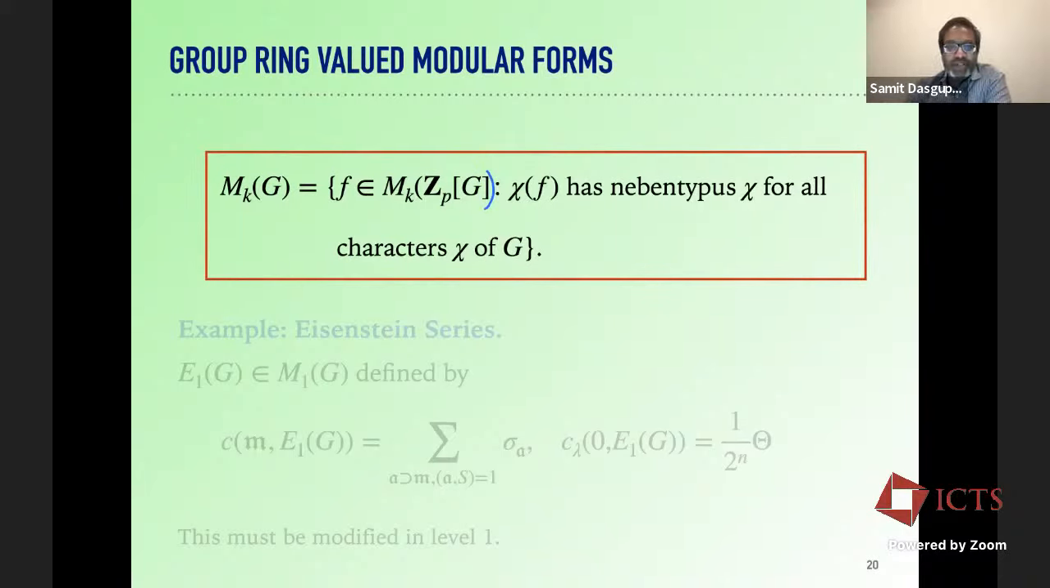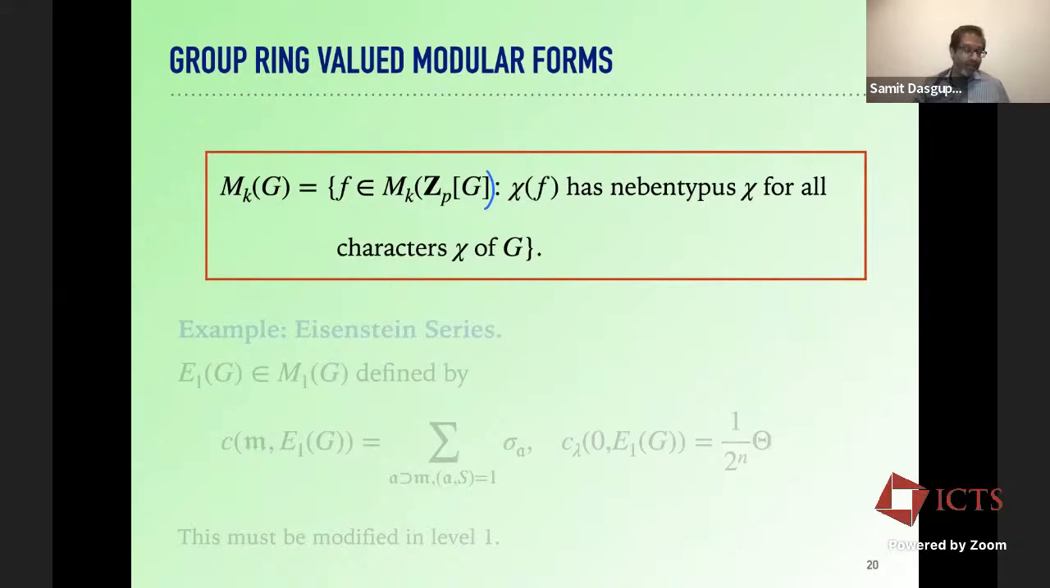MK of G, where G is my Galois group of H over F, is the forms in MK of Z tensored with Z_p bracket G, so what I just called MK of Z_p bracket G, such that whenever I apply any character chi of G, I can apply it to everything in Z_p bracket G, and then I just get something in MK of Z_p, or maybe a finite extension of Z_p, where the values of chi live. And then you want that to just be a form of Nebentypus chi, okay? And the point is that it's